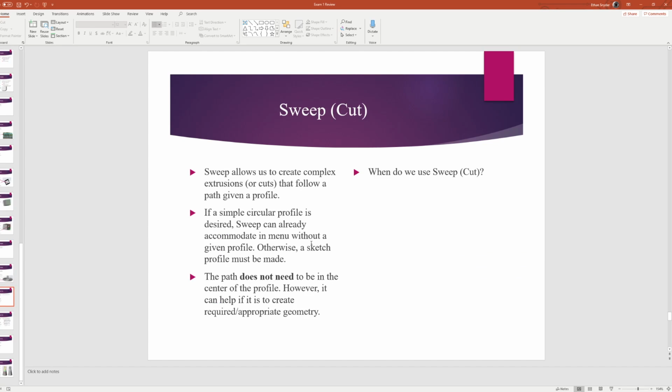So beyond that, we have our sweep and sweep cut. So don't worry, we're nearing the end. I know this has been kind of a long PowerPoint, but hopefully it's been at least useful in some capacity. With regard to sweep, all we're doing is creating, generally speaking, more complex extrusions with a path